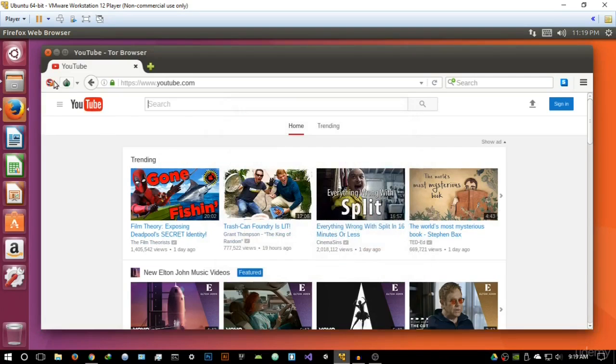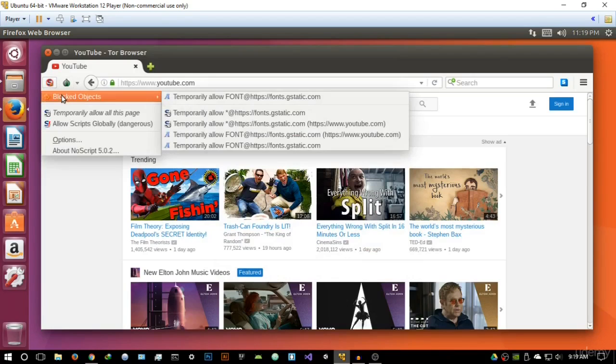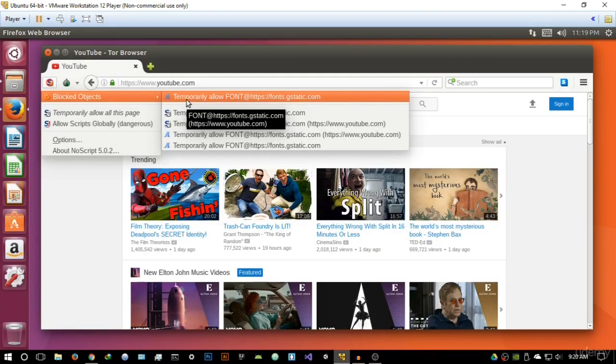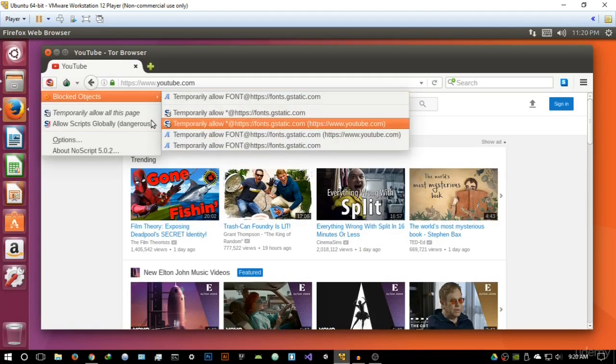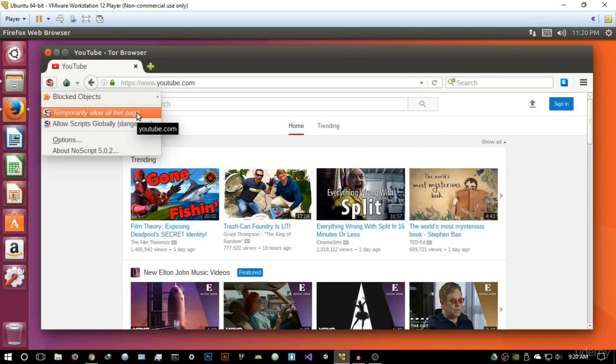So let's hit OK. And now if we look over here, this is basically your script area, and it has this area for blocked scripts. As you can see, it's temporarily allowed the font to work, but it's disabled other scripts as well. Now you can temporarily allow the scripts on this page if you know you're on a website that you can trust. However, it's